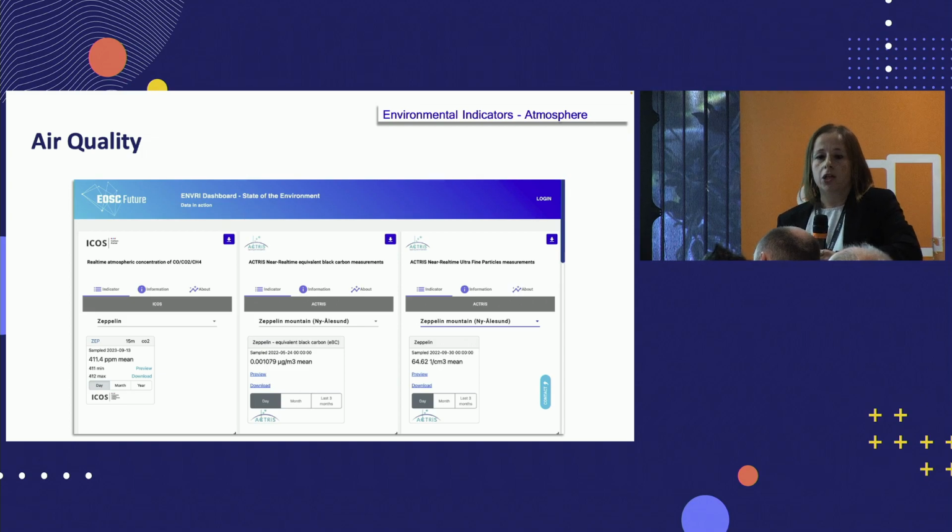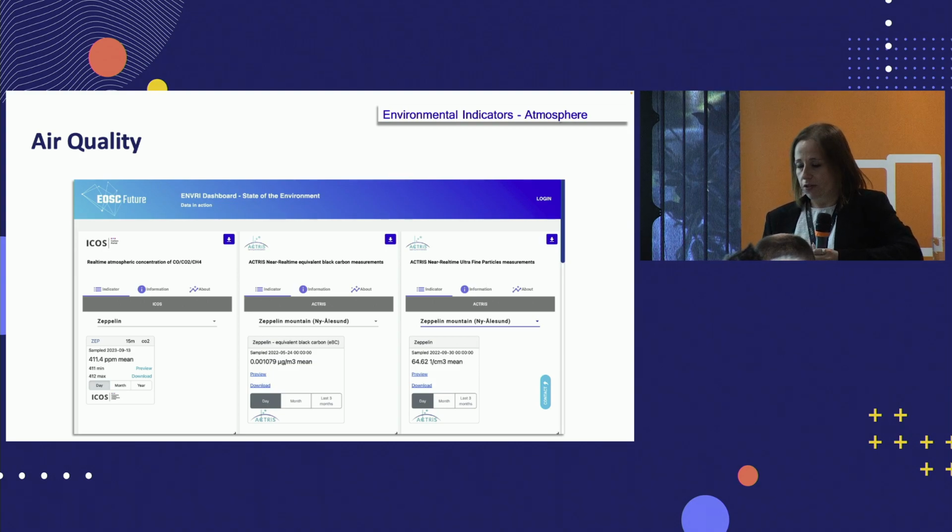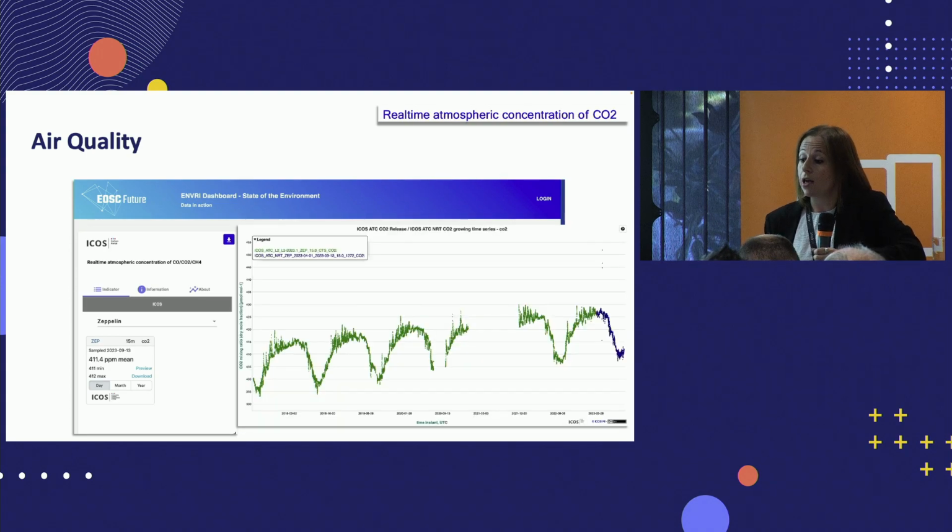When you visit the service, you will see the interface, which has, as I said in the beginning, these different frames, each of them providing the environmental indicators from the different research infrastructures. Those indicators are either numbers, as you can see here in these frames, that result from measurements provided by the infrastructures, which come from stations placed somewhere in Europe. In this case, since we have air quality, the dashboard gives a set of environmental indicators from the atmospheric domain. So thanks to the dashboard, you can see concentrations of CO2, for example,